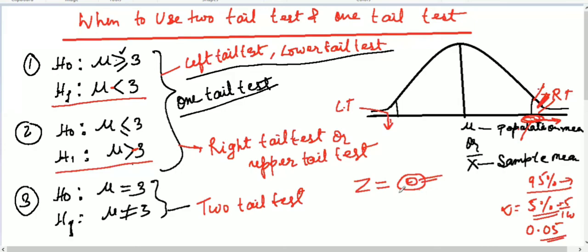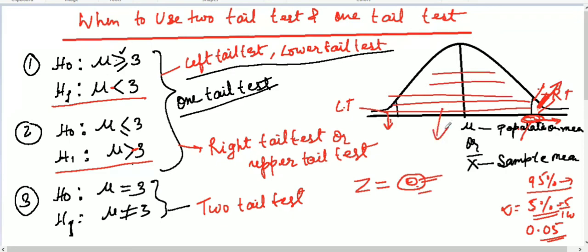So for a right tail test, if your Z score lies in the accepted region, here, you have to accept the null hypothesis. And if your Z score lies in the right tail, in the right tail test, you have to reject the null hypothesis. And in a two tail test, this 5% will be divided, rather than in only one tail, either this tail or this tail. You have to find it from the table.